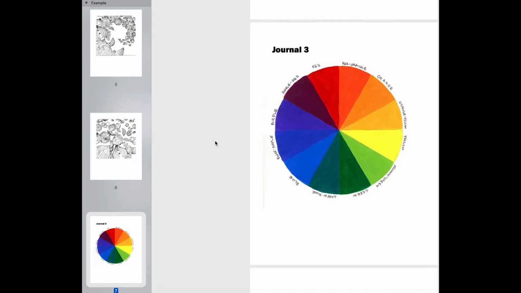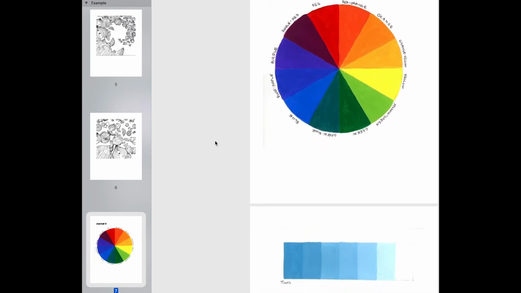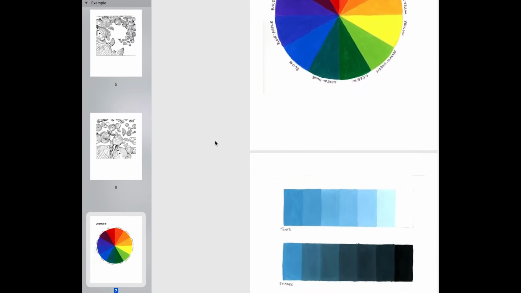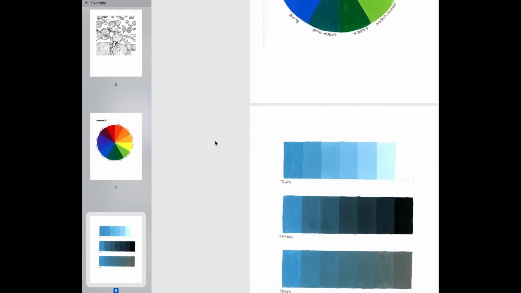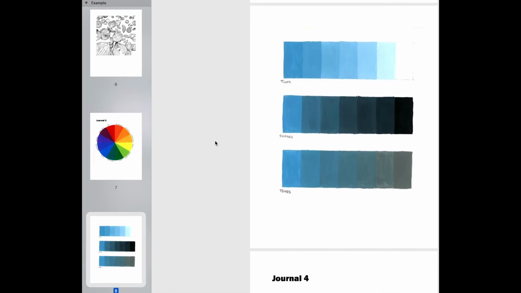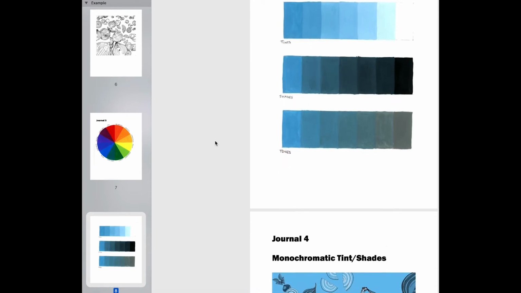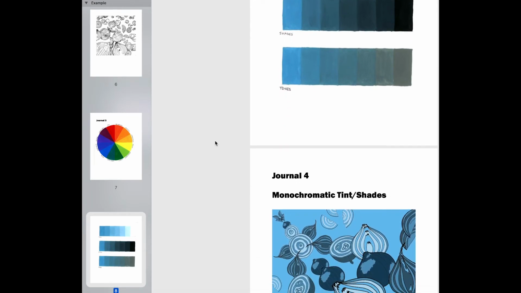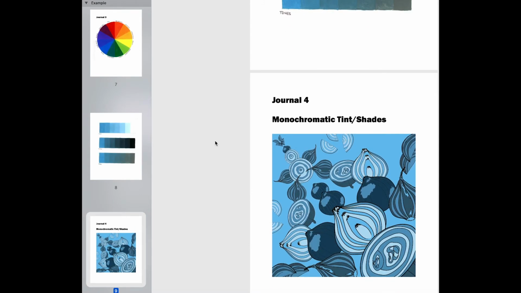That process journal exercise asks you to build a color wheel and a tint, shade, and tone scale. This is one of the main ways that you get some practice working with paint and get a more practical understanding of color. So Journal 4 is your final process journal exercise for this one,